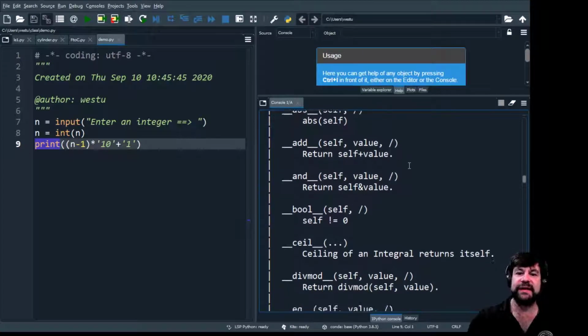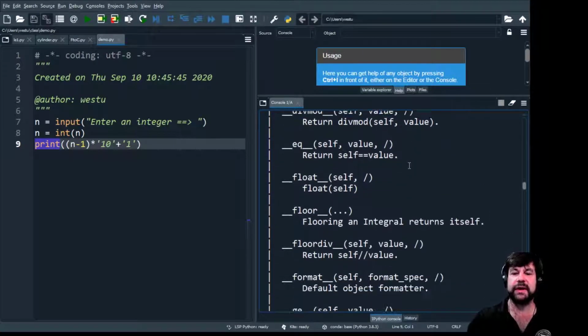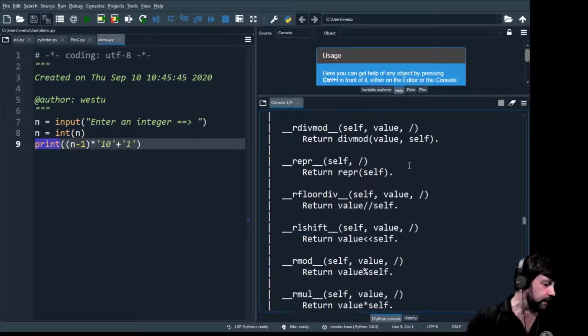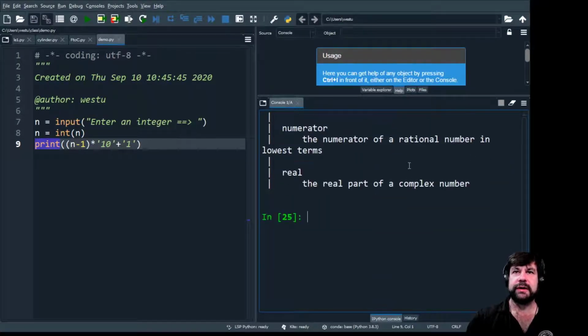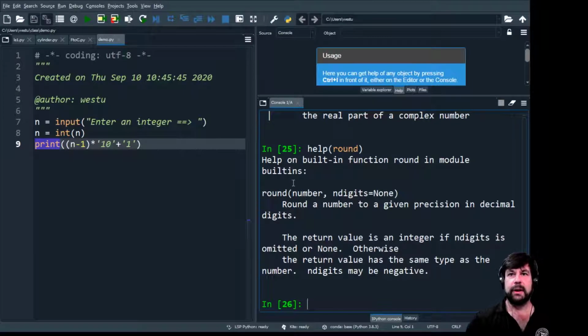So there's a lot of functions that apply to ints. Int, float, round. Int and float we learned yesterday. We can look at round. Right? Round takes a number and then a number of digits and rounds it to that number of digits. So if we want to take x equals 1, 2, 3 dot